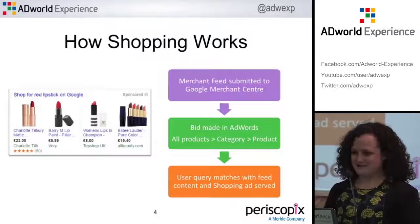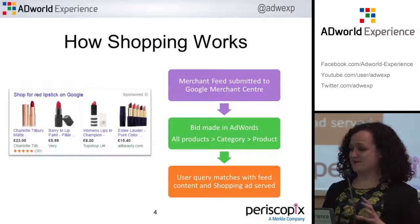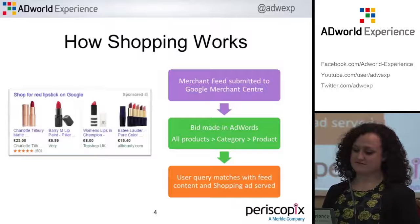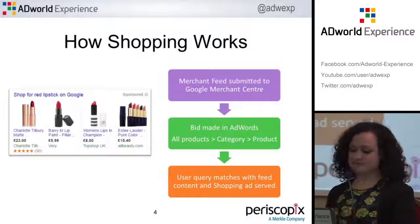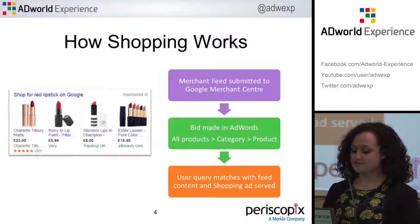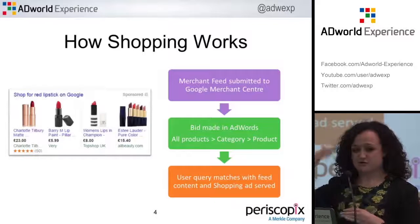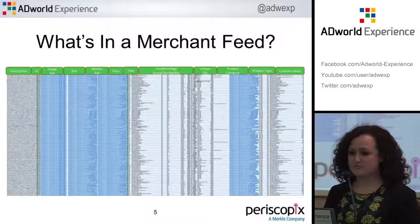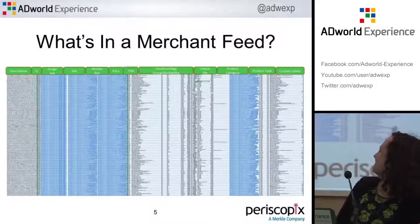In order to get these running, an advertiser will submit a feed to Google Merchant Center. You make a bid in AdWords, and that's at all product, category, or product level. And then when a user query from content in the feed matches to your bid and a user query, you will show an ad. So just to run over a merchant feed in more detail, this is a snippet of